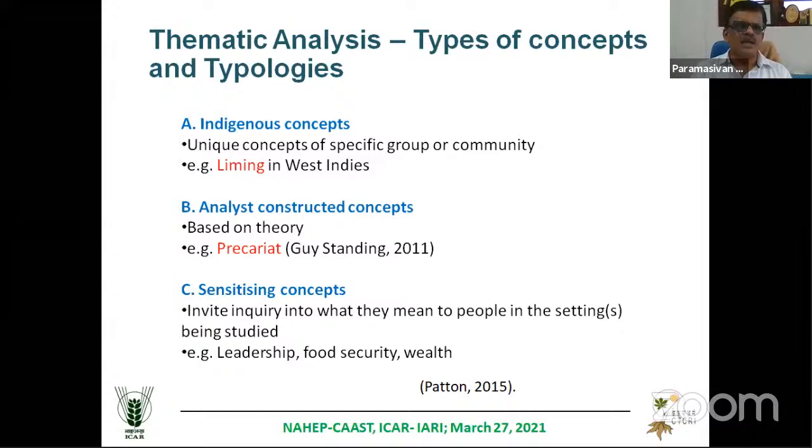Liming is something related to soil science. Why is it coming up in a training program? They don't understand. So what exactly is the meaning of liming? In the West Indies, there is a culture. When they are stressed, doing some kind of work, with a lot of family commitments and everything, you go for LTC, no? Like that, they will go for some pleasure trips, which is a break from the work or the routine family life. They go for a pleasure trip. That pleasure trip is called liming.